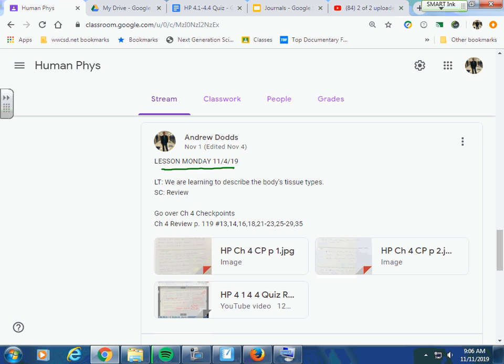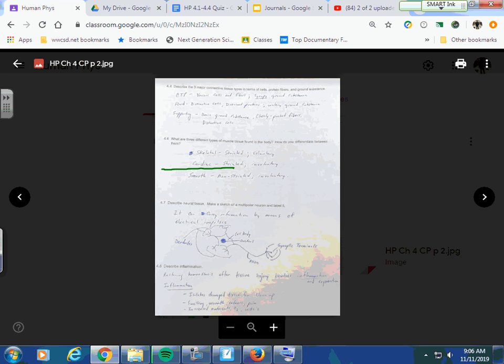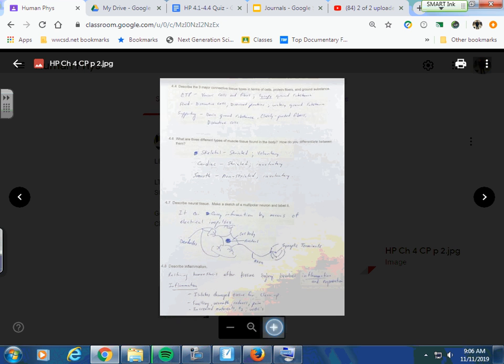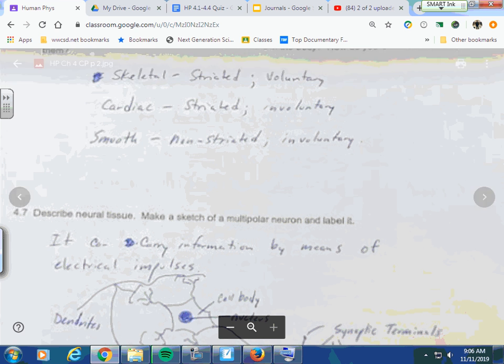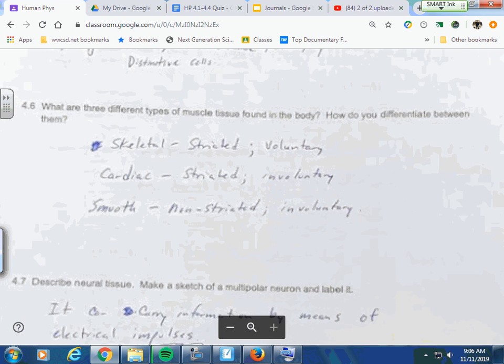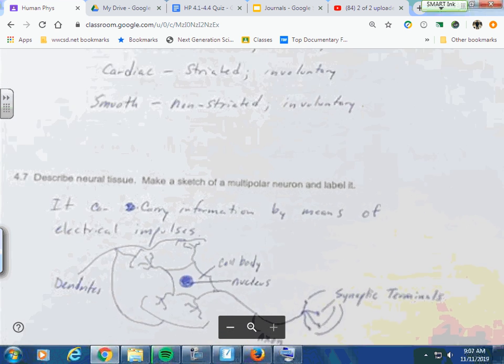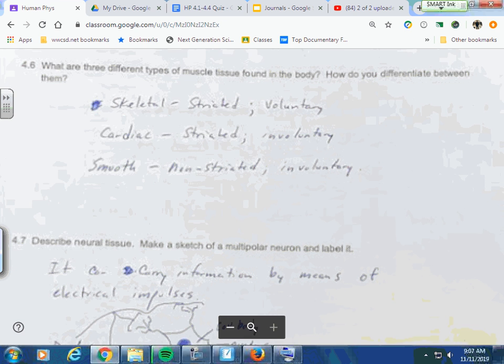So this is back on lesson Monday 11.4. Let's take a peek. You guys see that okay? All right, it's kind of blurry, but I think we can work with this. All right, so the new ones are going to be 4.6, 4.7, 4.8. 4.6,